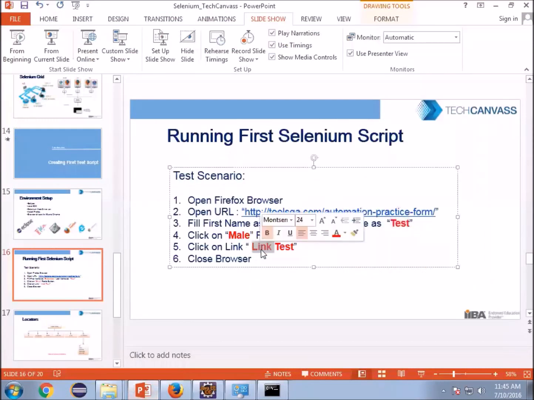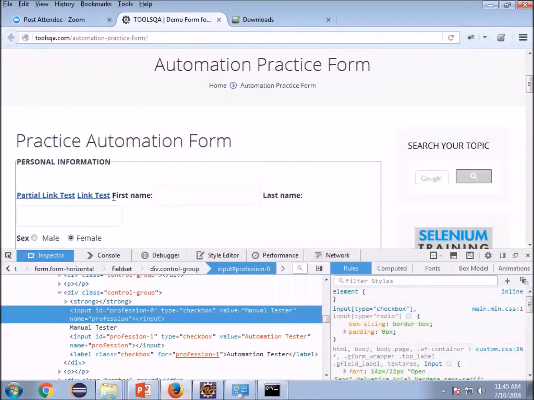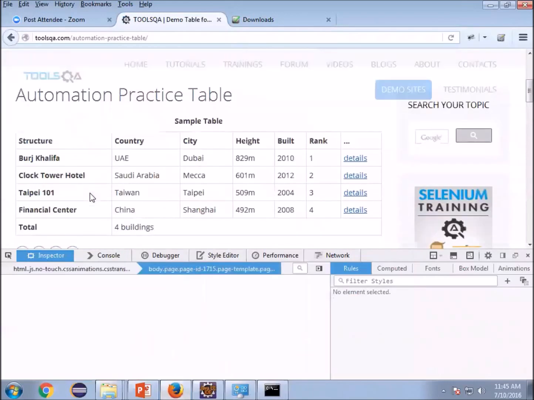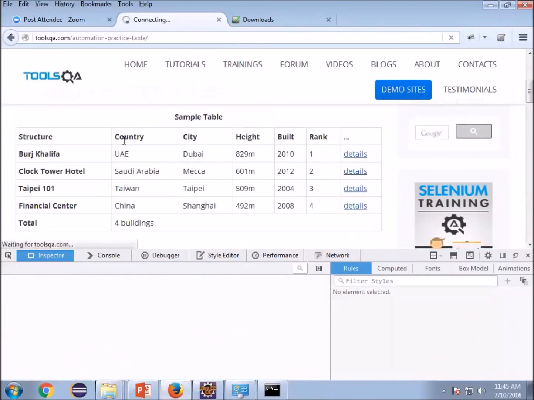Now let's see, I can click on a link as well. There is one more step in our page. So this is a link. What it does is, if I click on this, it will go to the next page. How to click on this link?